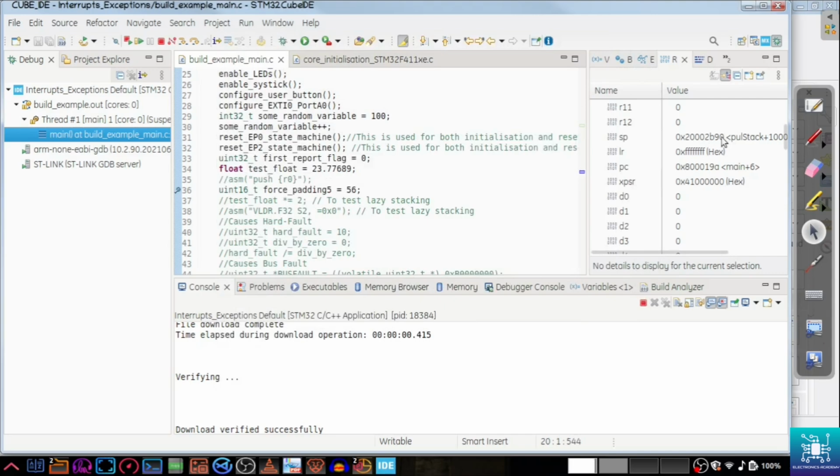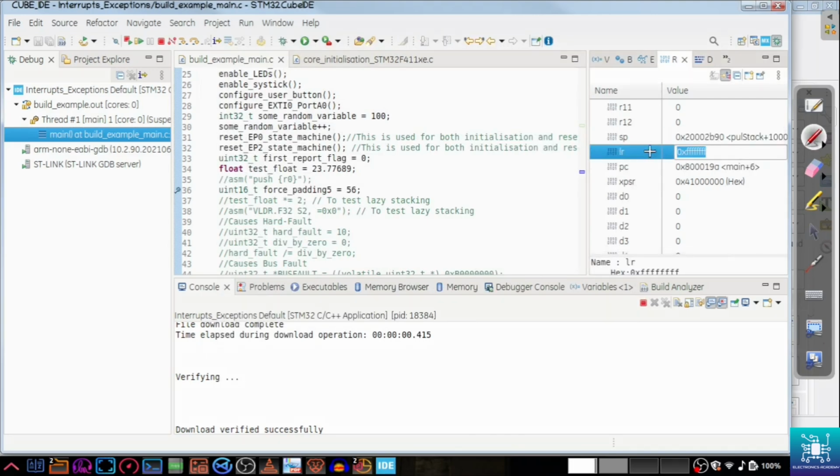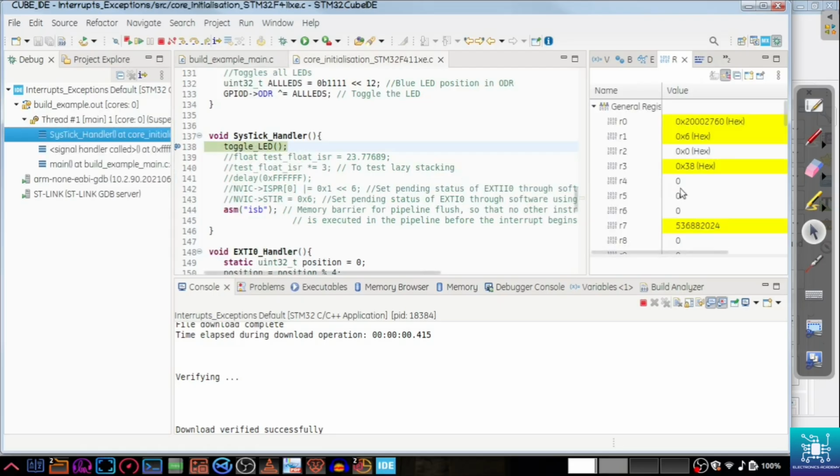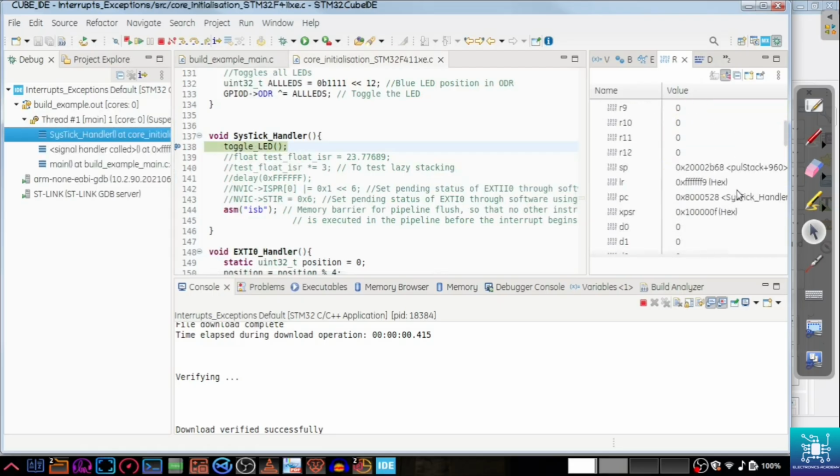If this is double word aligned, we will not see the padding because it is already doing what the Cortex-M intends it to do. So let's jump to the sysdig. When we jump to the sysdig, we see that the stack